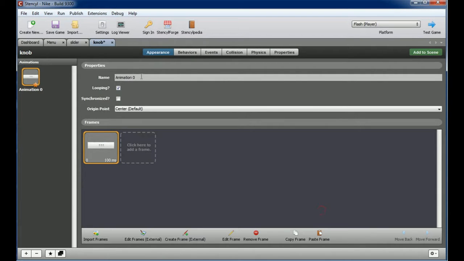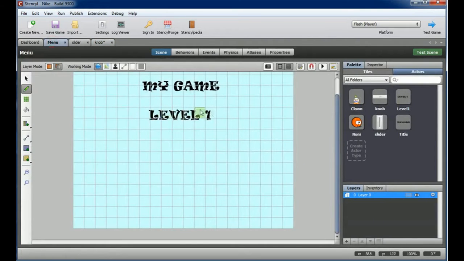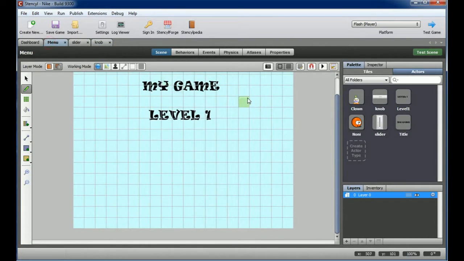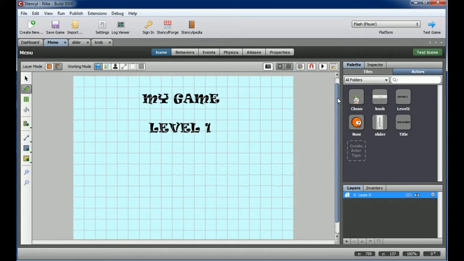Okay, so we've got our, well, we're not really changing the animations here much, but we can go ahead and call it knob. Like if you want, you could do the same thing we did with the changing of the color here for level 1. You could do that kind of stuff for this knob as well. I'll just keep it simple, and because I think there ends up being a lot that we got to do with this, I'm going to do a lot of trial and error here, just show you common pitfalls